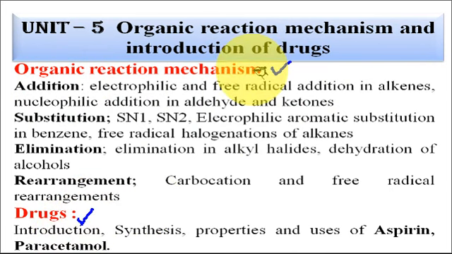The reaction mechanism includes addition reactions: electrophilic and free radical addition reactions in alkenes, and nucleophilic addition reactions in aldehydes and ketones. In the substitution reactions, we will mainly discuss the SN1 and SN2 reactions in the nucleophilic substitution category, and electrophilic aromatic substitution reactions in benzene in the electrophilic substitution category. We will also discuss free radical halogenation of the alkanes in the category of free radical